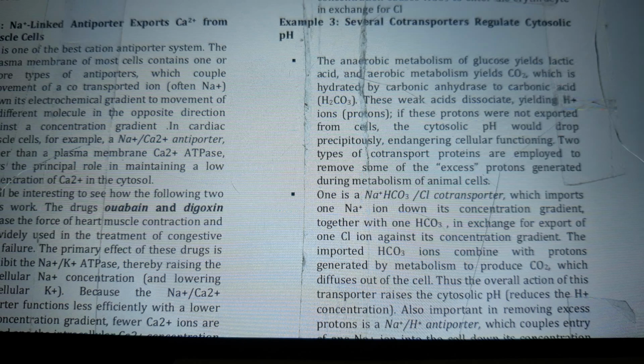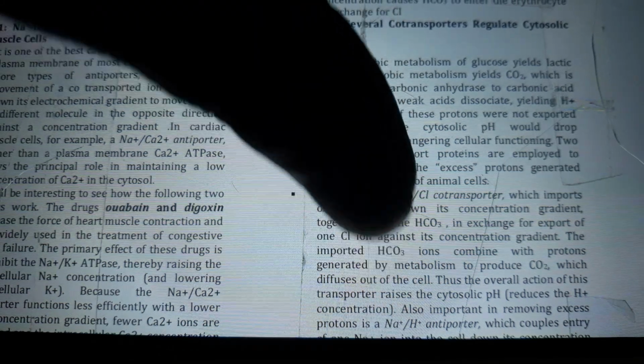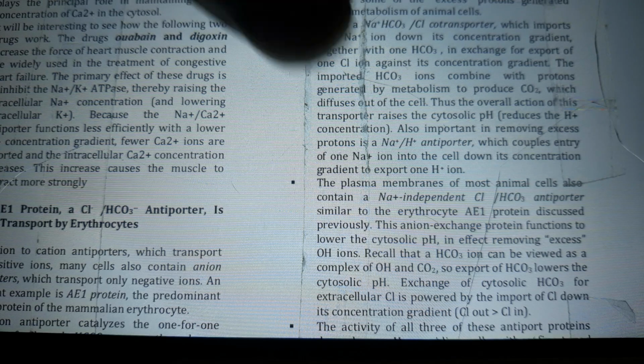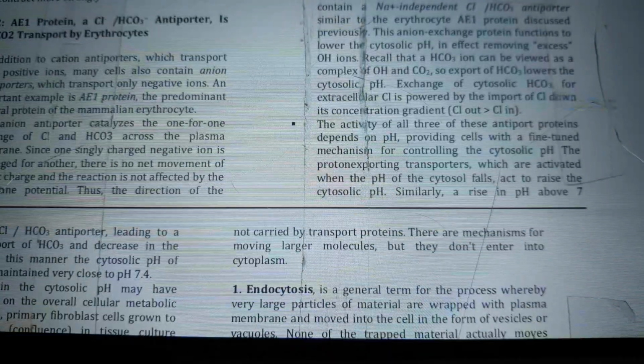Two types of cotransport proteins are employed to remove some of the excess protons generated during metabolism of animal cells. One is a sodium bicarbonate chloride cotransporter, which imports one sodium ion down its concentration gradient together with one HCO3 in exchange for export of one Cl ion against its concentration gradient. The imported bicarbonate ions combine with the protons generated by metabolism to produce CO2, which diffuses out of the cell. Thus, the overall action of this transporter raises the cytosolic pH,